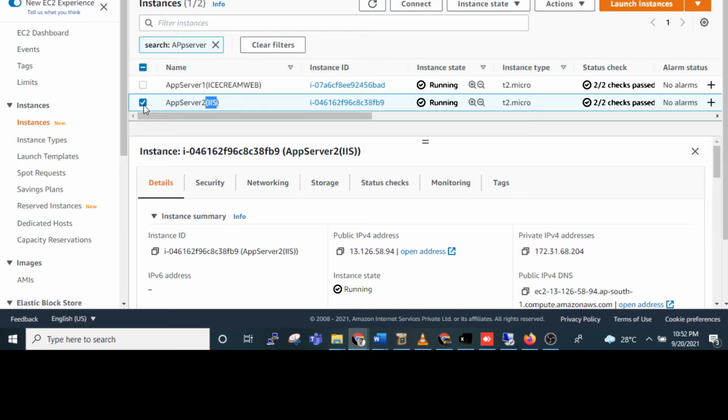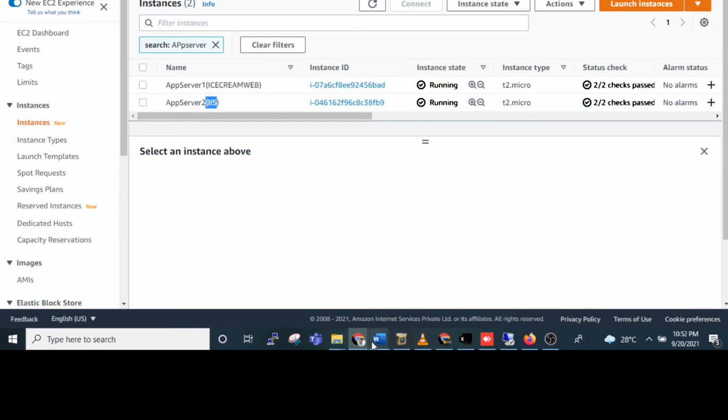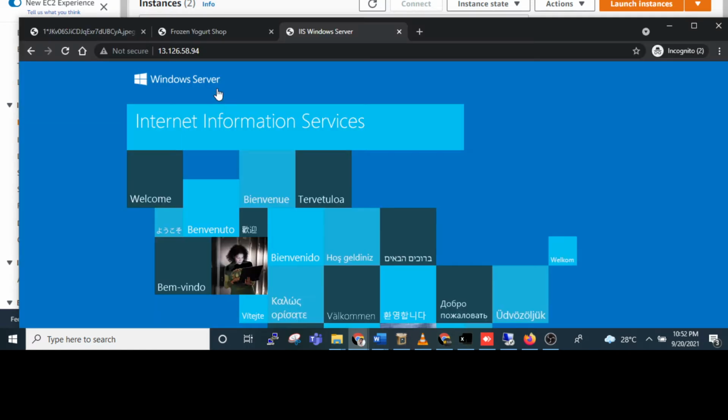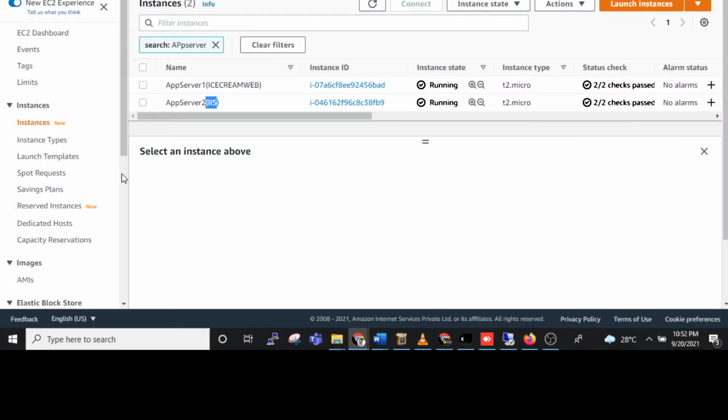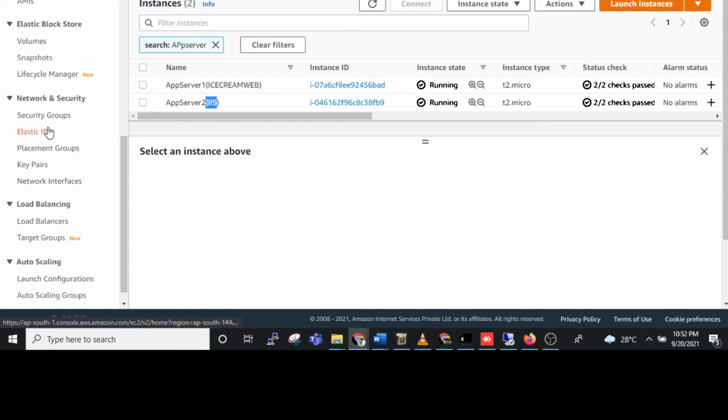As per our architecture, first we need to create the elastic load balancer, that is, the application load balancer.